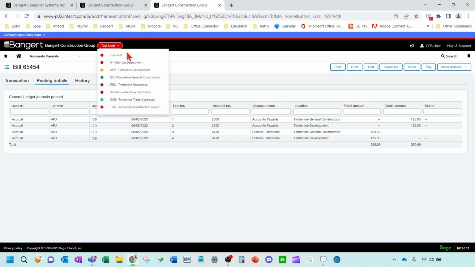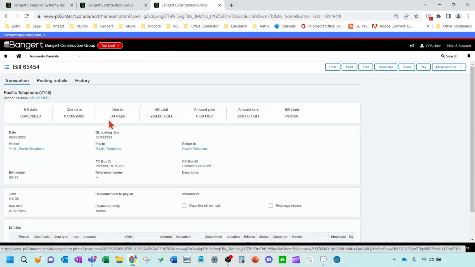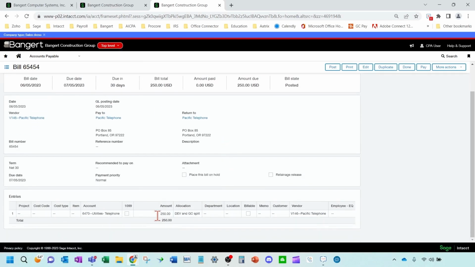So let's say you had all of your G&A bills and you want to split them out between 5 different entities. This is where it gets to be very efficient to use these. So instead of typing in and taking out your calculator, dividing 250 by 5 and typing that all in here, all you need to do is put one account in, your amount, and hit the allocation.